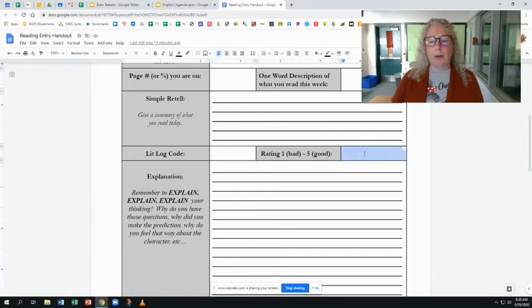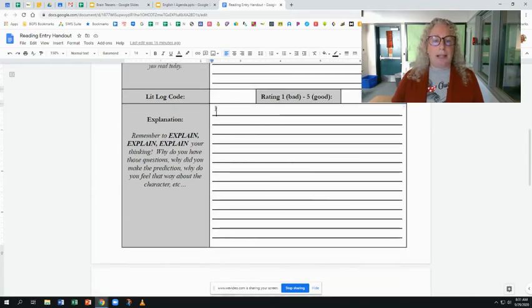Over here, you're going to give your book a rating. One being, right now, this book is terrible. And again, it's not necessarily for the whole book. Maybe the beginning was great, but sometimes in the middle, books kind of slog. They slow down a little bit. They get boring sometimes. So this is based on right now. One week, your rating could be, it's horrible, it's a 1. And the next week, it might be a 5. It might be, the book is great right now. And that's okay. This rating can change as you're reading the book.